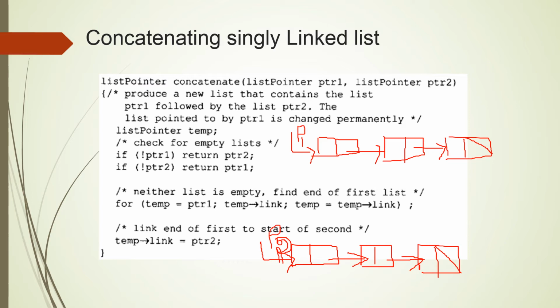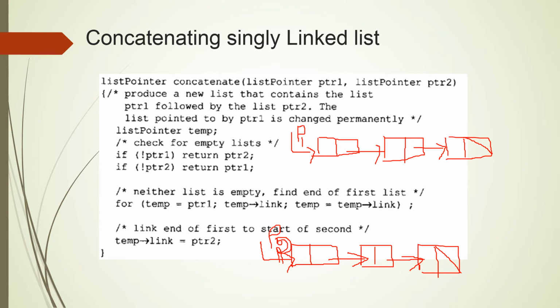So we will see how this will work. List pointer temp. So if not of PTR1, that means if the first list is not present, then PTR1 is pointing to null, then PTR2 itself is the concatenated list. If PTR2 is not present, then PTR1 itself is the concatenated list. So if both the lists are present, the first list as well as the second list, then you store the